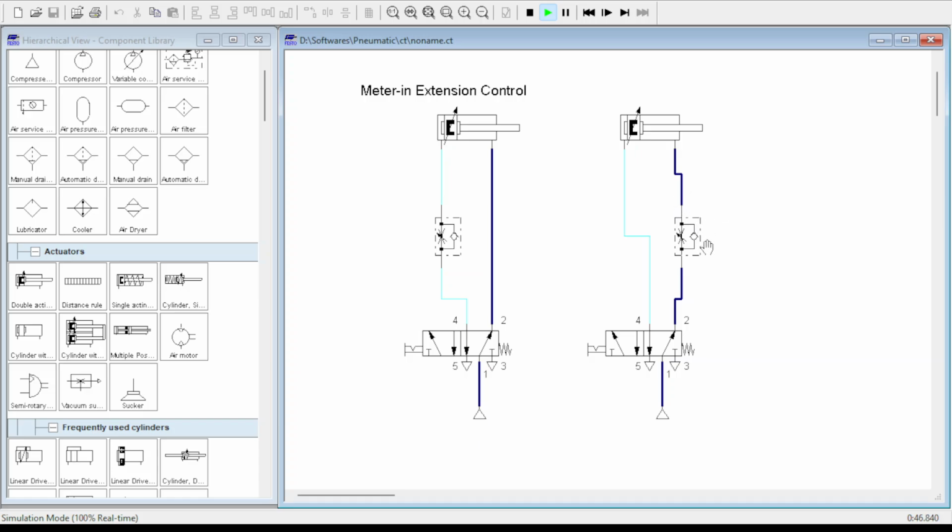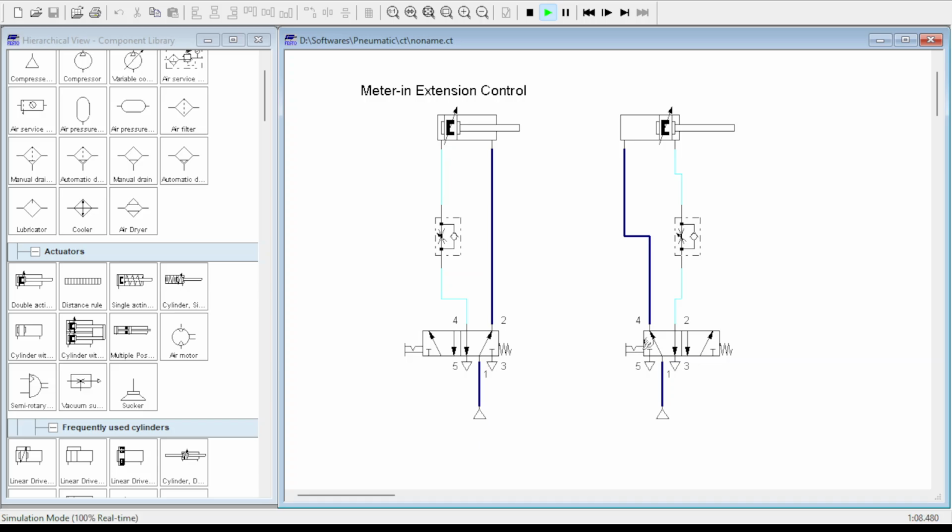And so through the check valve, the ball will move off its seat, allowing an opening because of the fluid pressure coming out of the rod end of the cylinder, and it will go from port 2 to port 3, and it will connect to the exhaust. You can see it here.